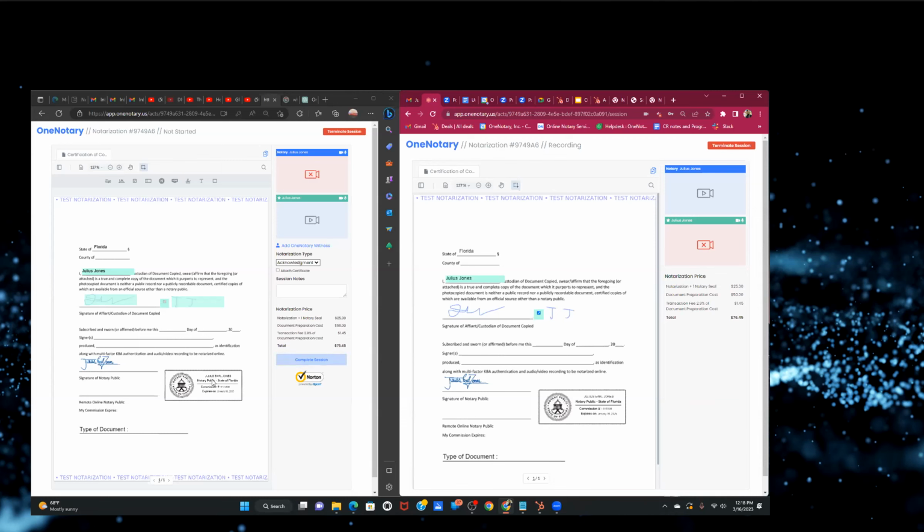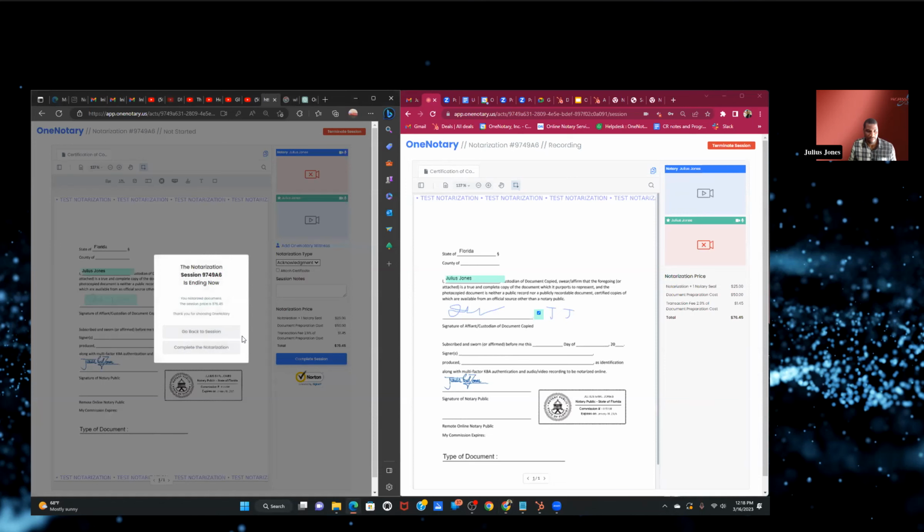Awesome, perfect. All right, so that's pretty much it as far as getting the actual document notarized. This here would be a part of your exemplar, and you'll be able to actually download this document and send it off to wherever you need to send it off in order for you to continue with your verification as far as getting your online, your RON certification. So you click on complete here. Complete session.